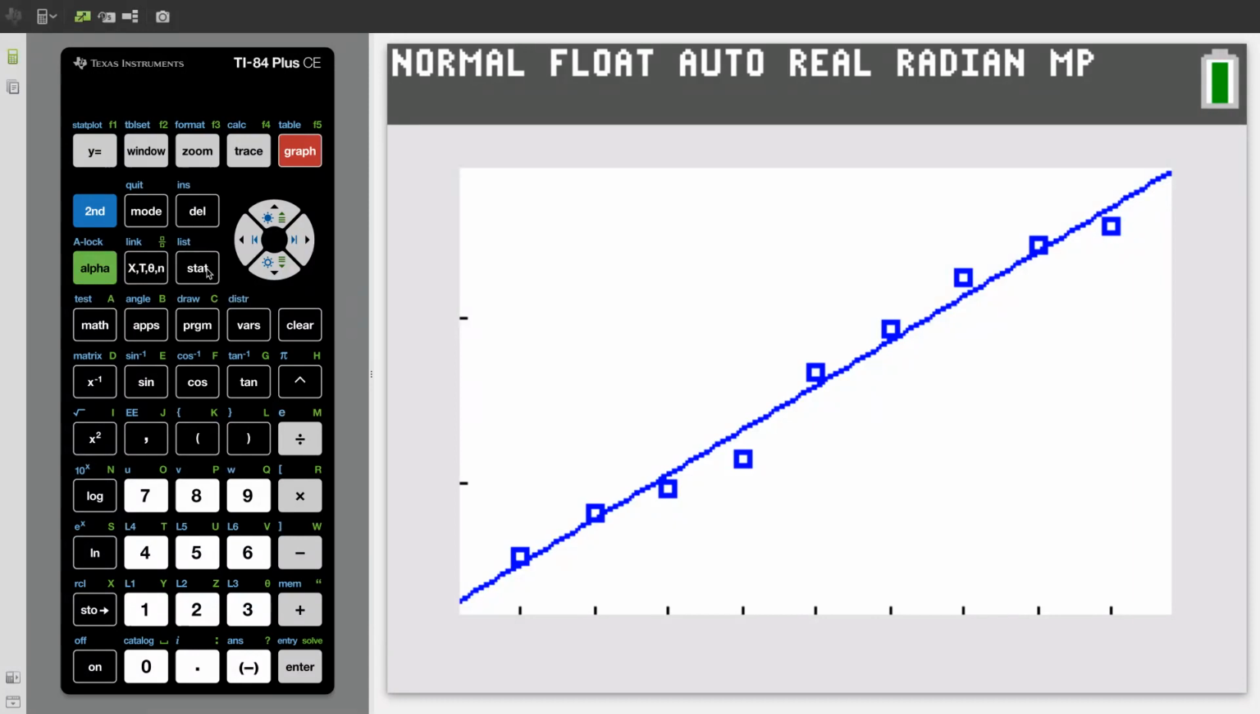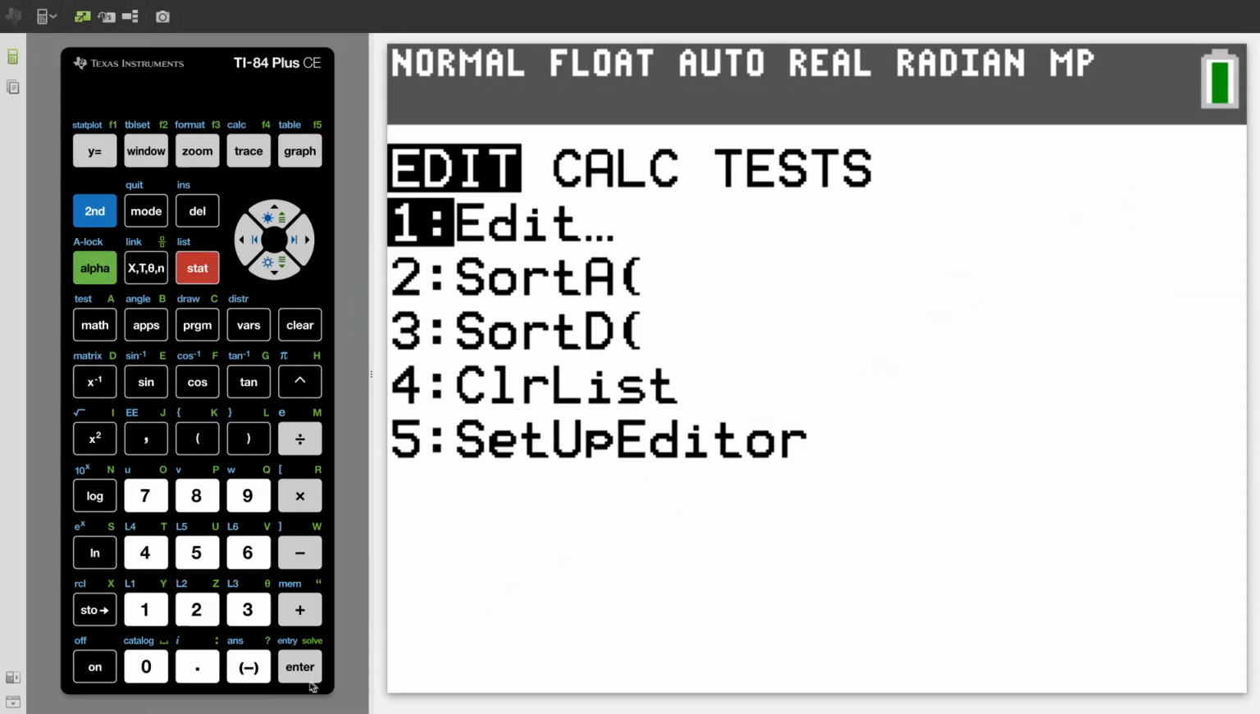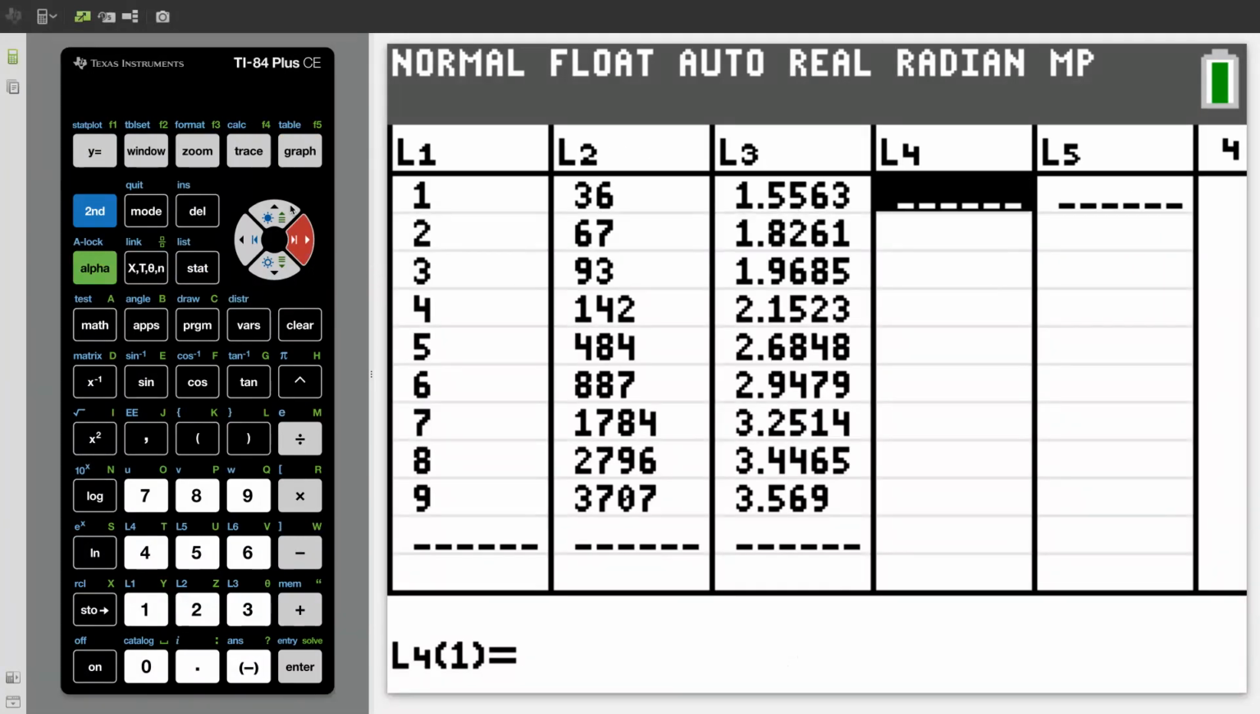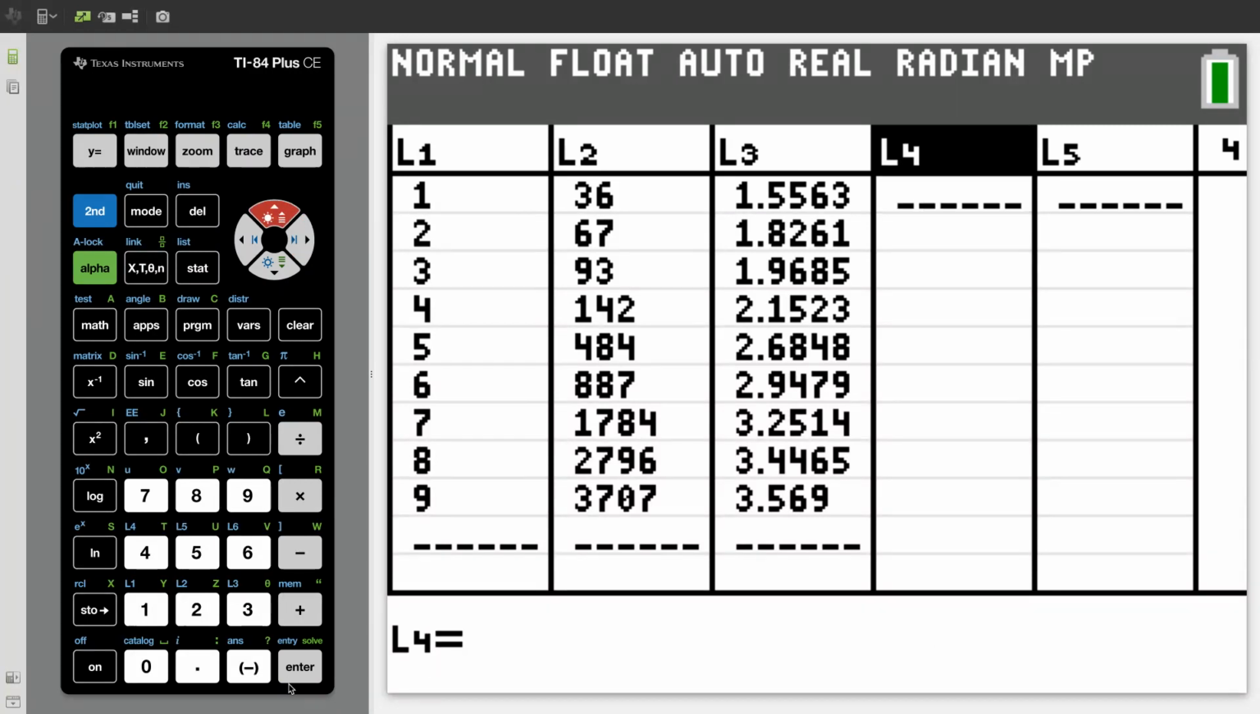So I'm going to say stat, go to the list. I'm going to do L4. Now L4 is going to be my predicted value. So I'm going to enter in my model, which was 1, 2, 1, 2, 4, 5, 1, 2, 4, 4, 1, 8,